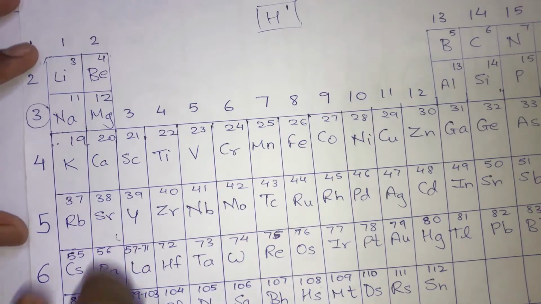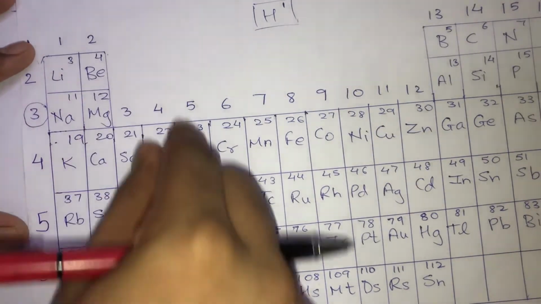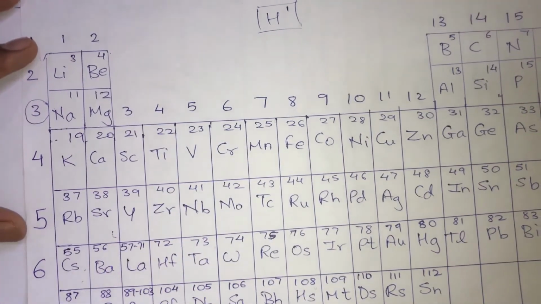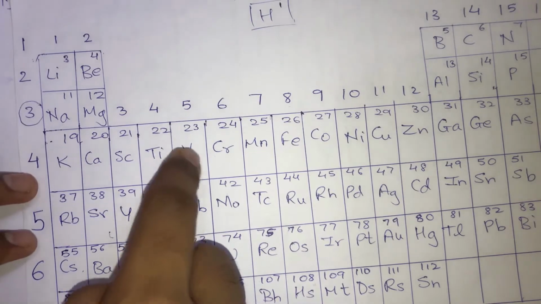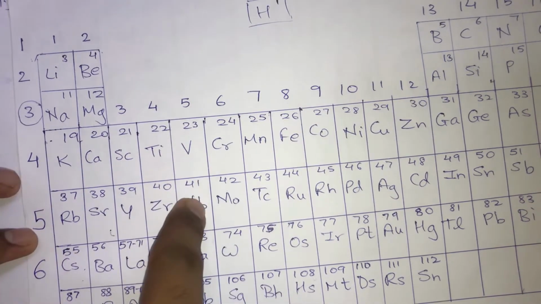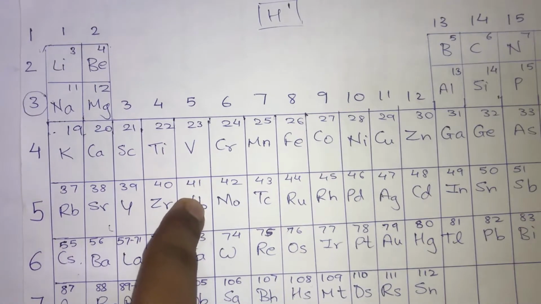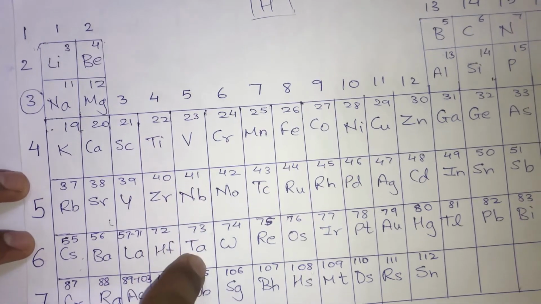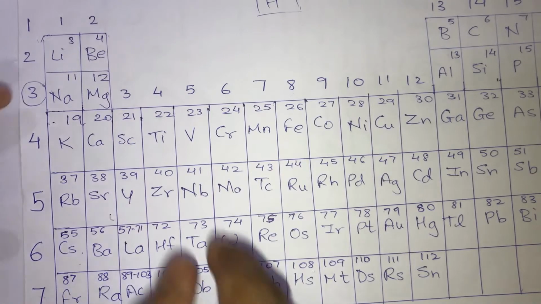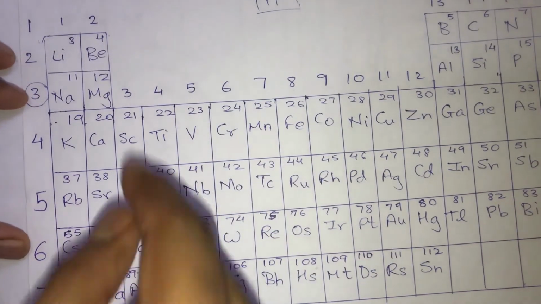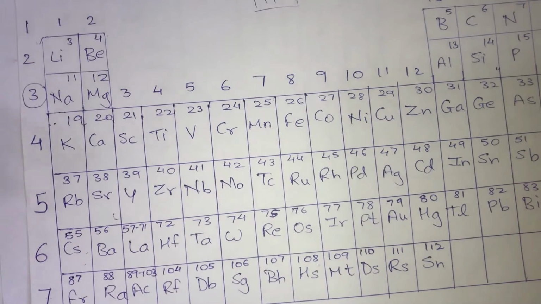Similarly, can I say, if you consider any of the groups, as you move from one period to the next, that if you move from the fourth period to the fifth period, one energy level is going to get added. As you move from the fifth period to the sixth period, again one more energy level is going to get added. So along the group, if you move from top to bottom, there will be an increment in the energy level by 1. Am I right?